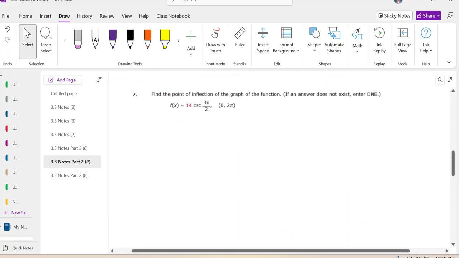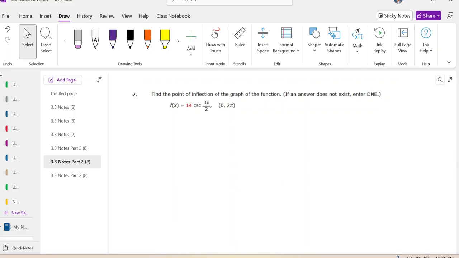Alright, the next one says find the point of inflection. And the point of inflection, remember, is where the double derivative is equal to 0. So we have,